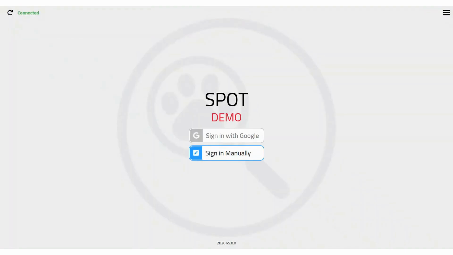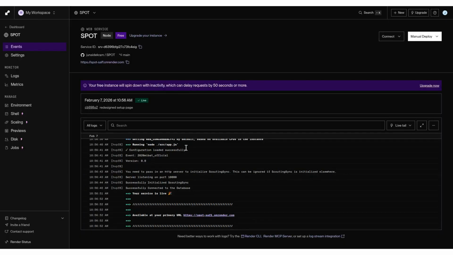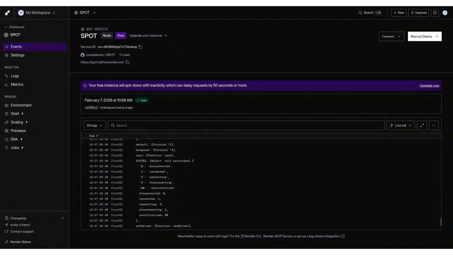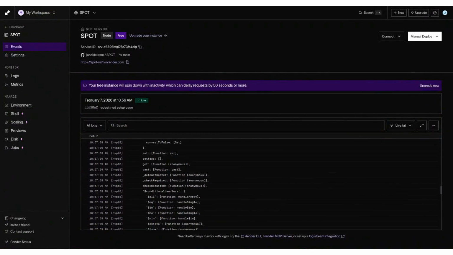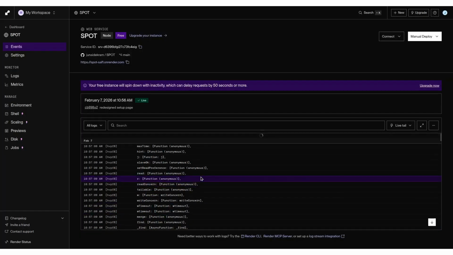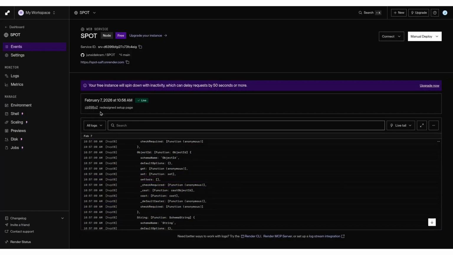Congratulations, you have now set up Spot using MongoDB as your database and Render as your server. If you're having any problems with setting up your environmental variables, you will get errors in the build logs, and you will also redirect to a setup page once you open